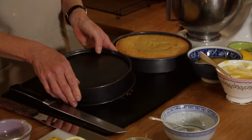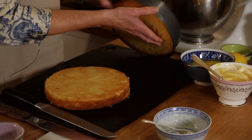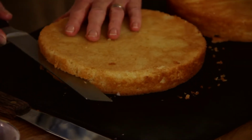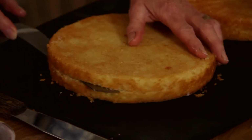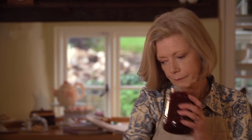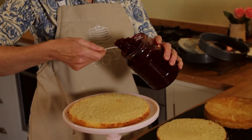The cakes have been cooling. In fact, they're completely cold now. So I'm going to turn the cakes out of their tins onto a board like that. And then I've got a bread knife here, and I'm going to cut them so that we have 4 thin layers of cake. That. So, base layer, and I'm going to take my raspberry jam, smells wonderful,